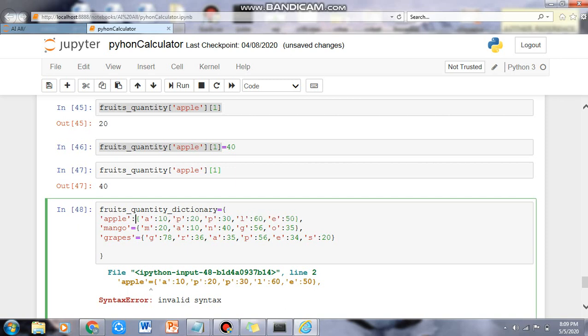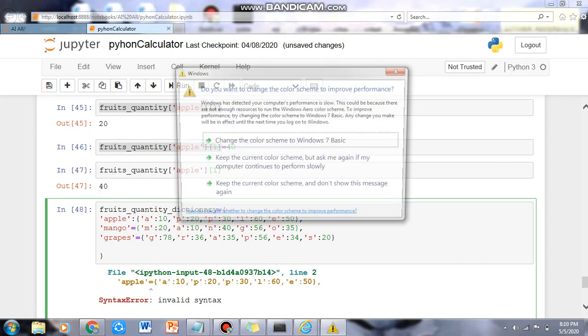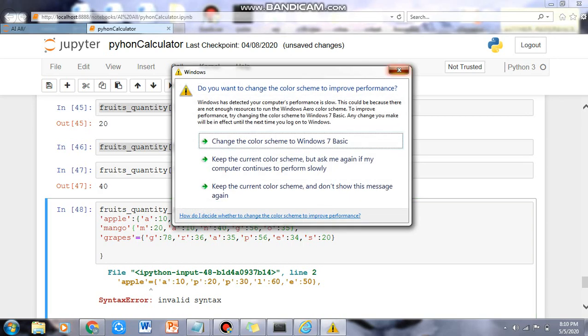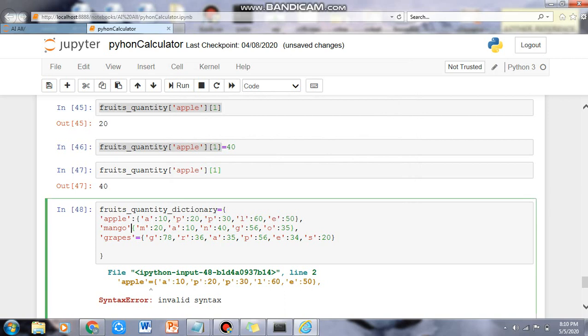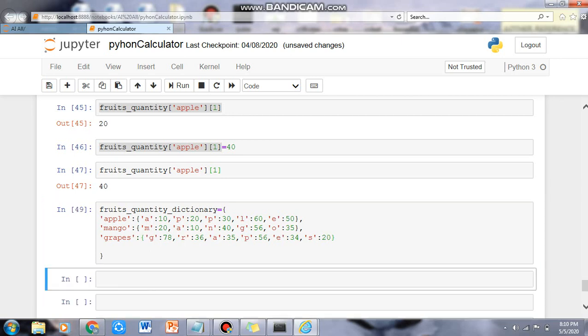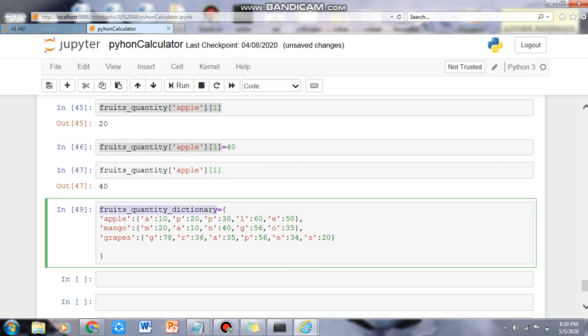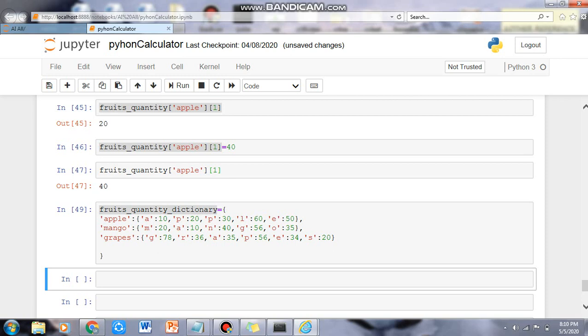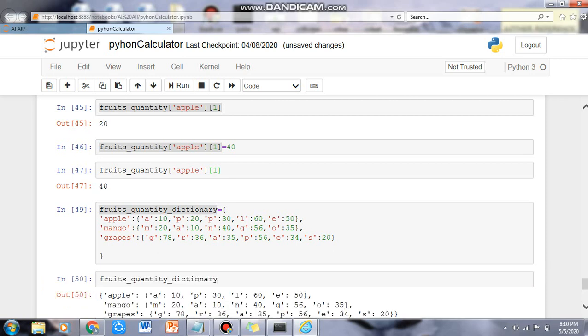Because we know from the previous session that in a dictionary every key and value is separated with the colon, so we must write colon here. Now we run it. The dictionary has been made, it has added some keys and values in it, and now we are going to see our dictionary within dictionary here.